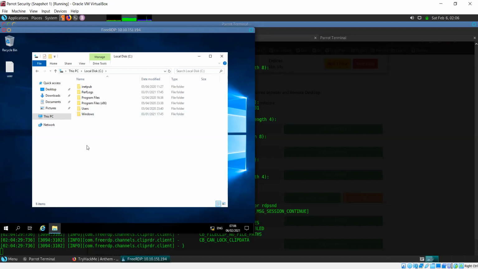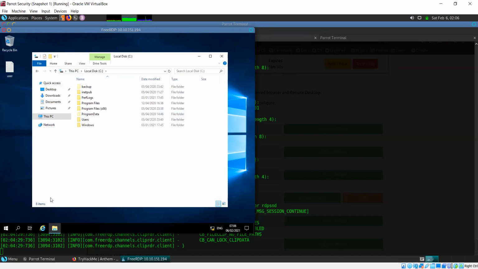Maybe we should look for hidden files. So for hidden files, you go to View and select hidden items.